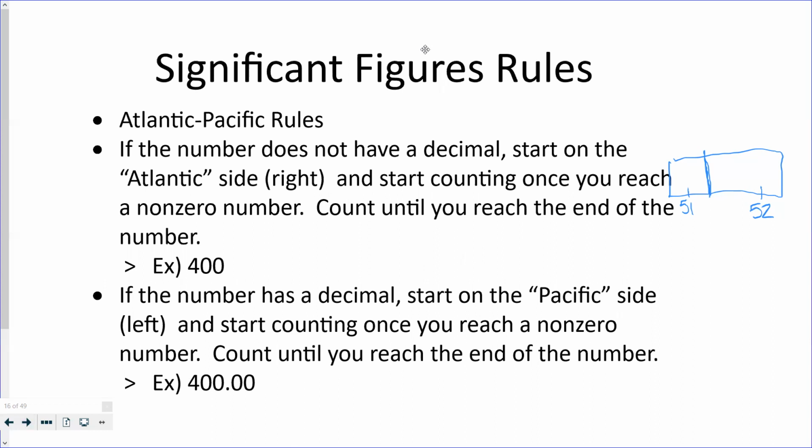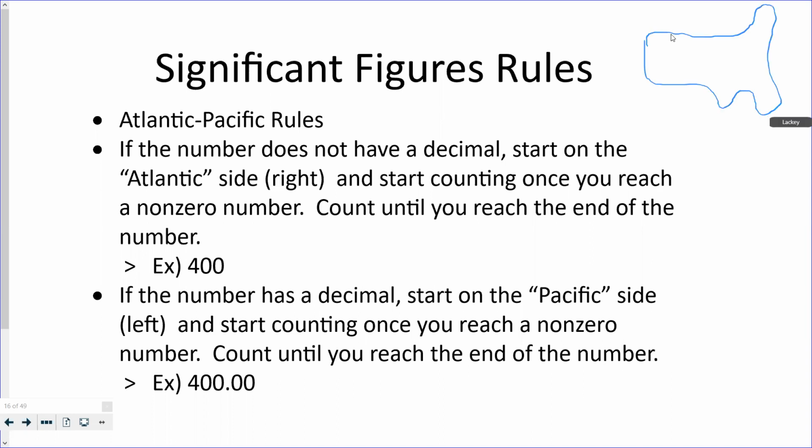With significant figure rules, we can count how many significant figures or how many digits are in a number based on the Atlantic Pacific rules. And I apologize for my drawing skills, but I draw like a kindergartner. So here's my map of the US. We have the Atlantic Ocean on the right, the Pacific Ocean on the left. So the Atlantic Pacific rules give you an idea of what side of the number you should start